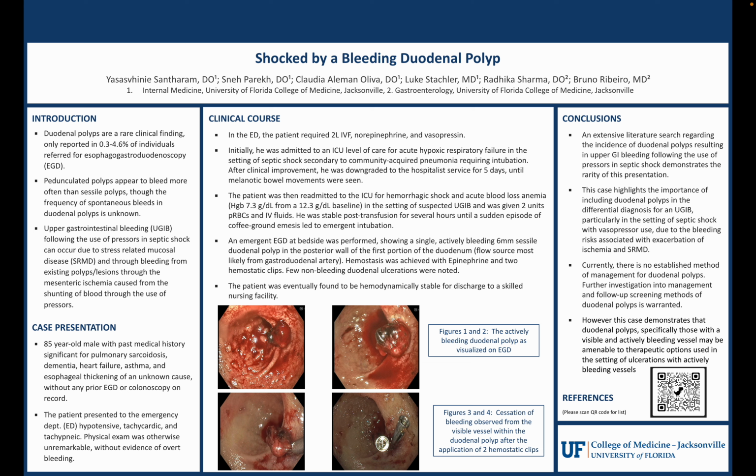only reported in about 0.3 to 4.6% of individuals referred for an EGD, and they tend to be an incidental finding. Prior case reports have stated that pedunculated polyps appear to bleed more often than sessile polyps. While the frequency of bleeding duodenal polyps post-resection has been well documented, the frequency of spontaneous bleeding in duodenal polyps